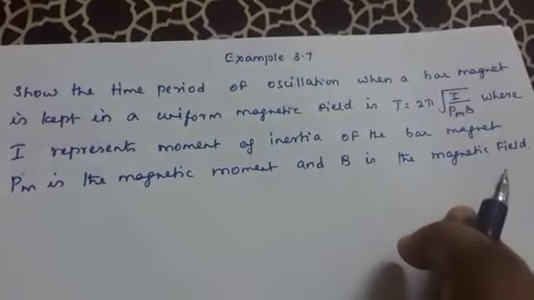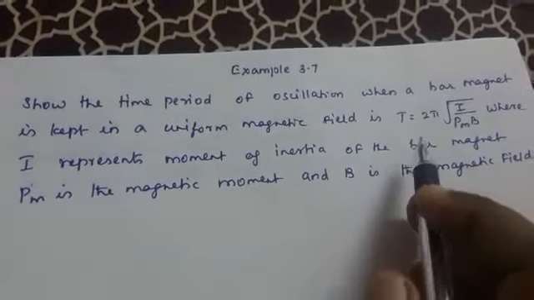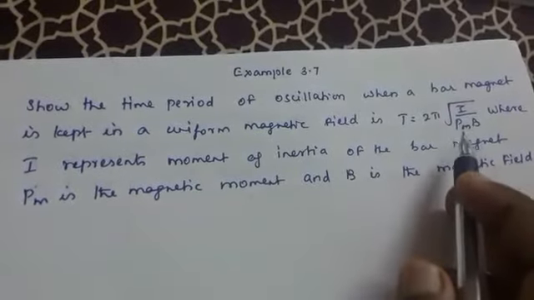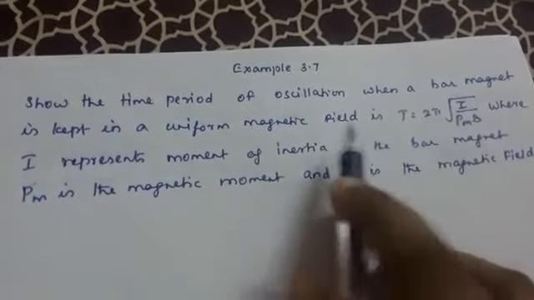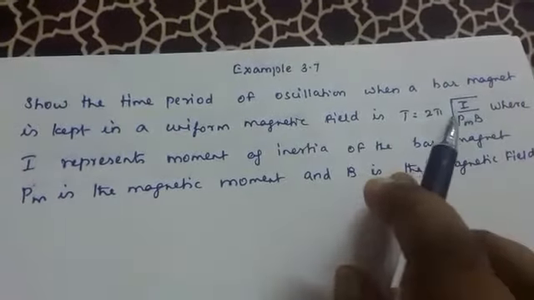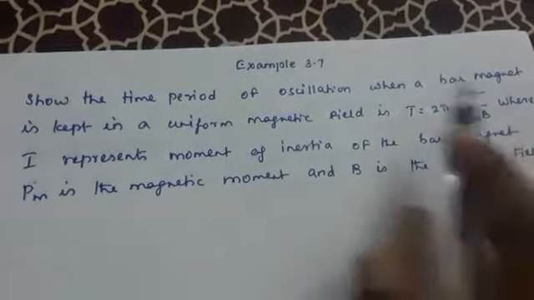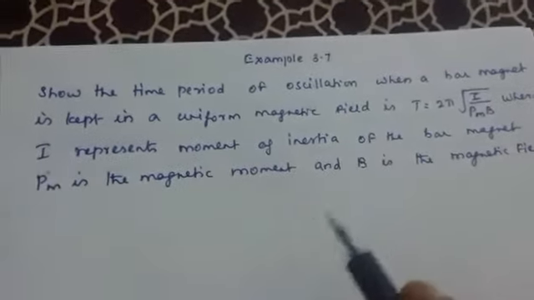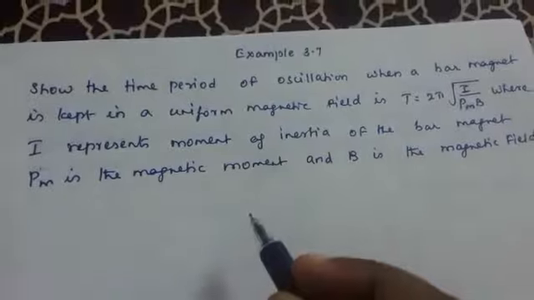Now we have to find it out. We have to prove here that T is equal to 2 pi root of I by PMB. That is the period of oscillation of the magnet kept in a uniform magnetic field. We have to prove it. Now for that we are going to take